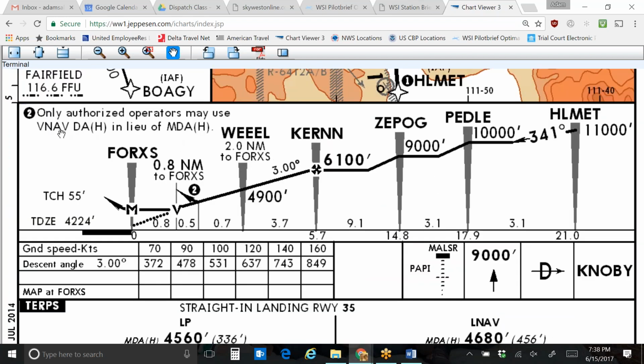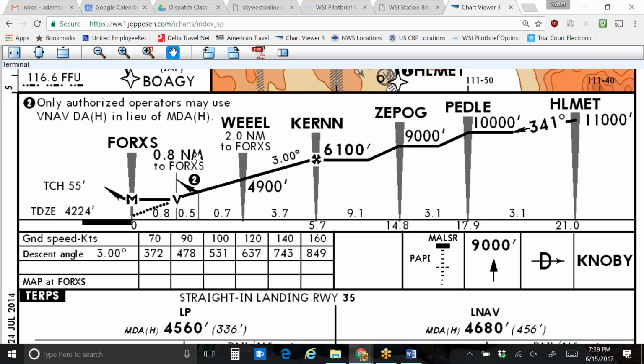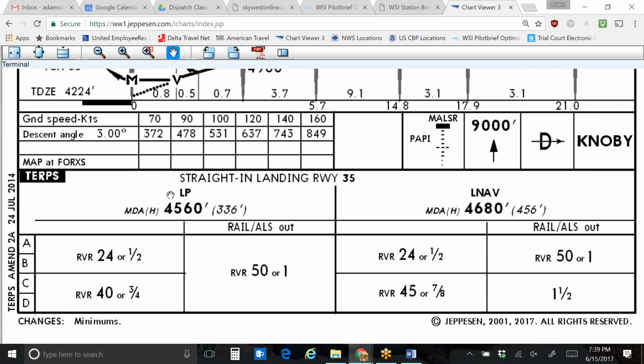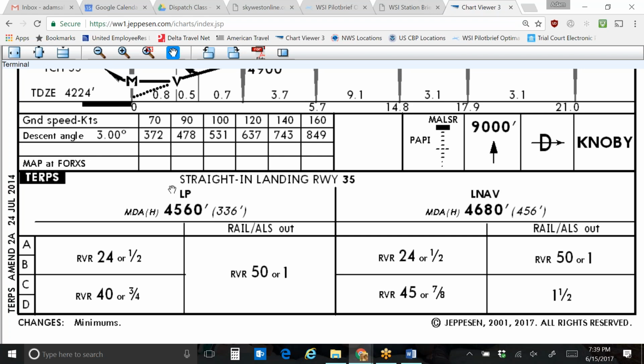But let's see here. In lieu of MDA height. Okay, yeah, so LP is standing for this right here. These are two different types of equipment in GPS. There's LP and then there's LNAV. We don't necessarily need to know what the difference is there, but it's saying that the MDA right here